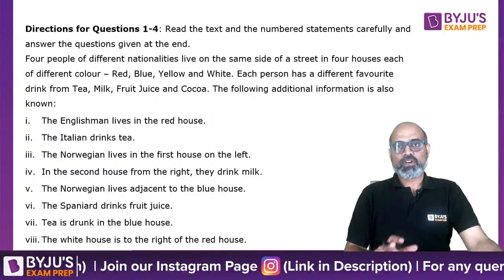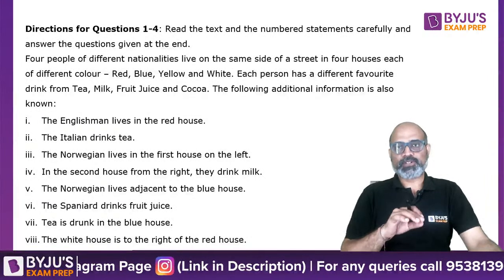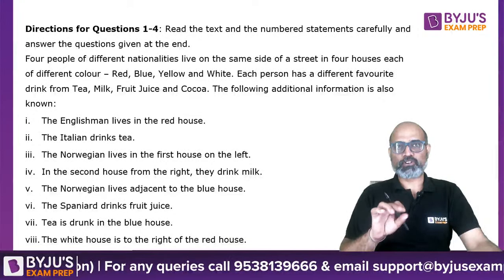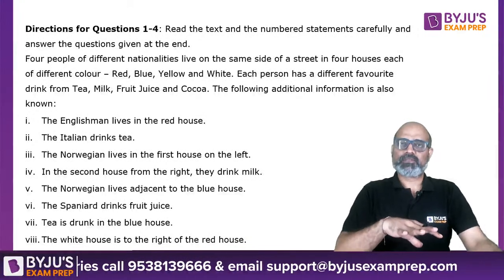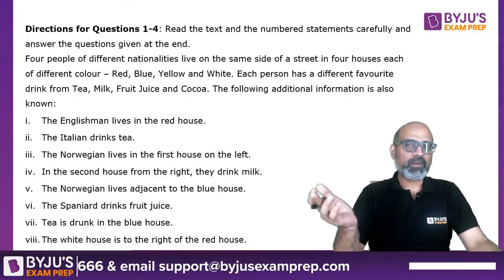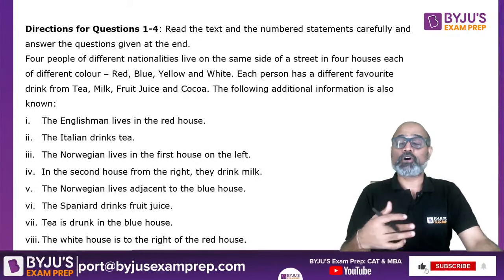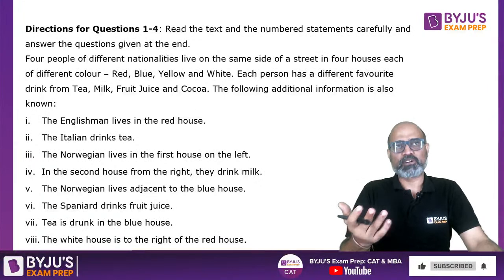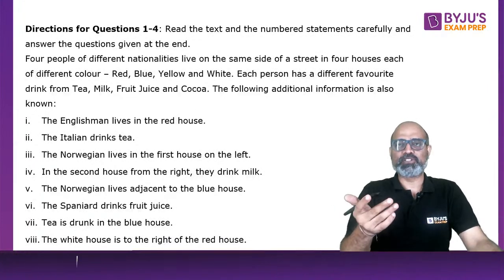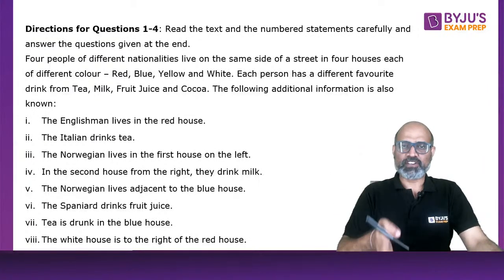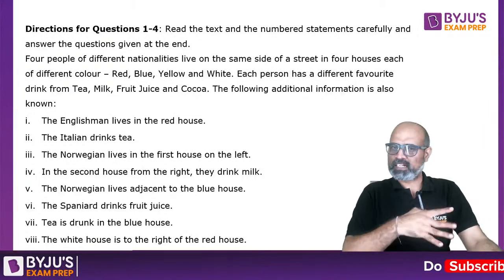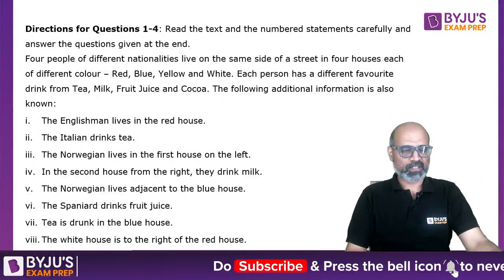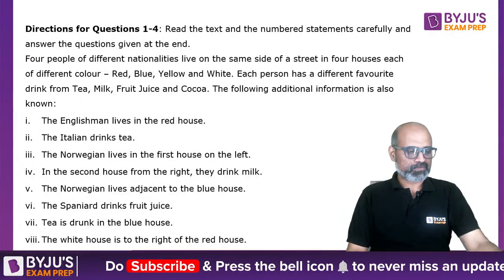house. So once you have read through it, you don't have to understand each and every sentence, but you have to figure out how to represent this data. Are you going to represent it randomly, or is there a table required or a grid required? Grids are also called matrices. How is it different from a table is that in a table you simply write down the values, rows and column. In a matrix also you do the same thing, but it's relatively a larger one. So